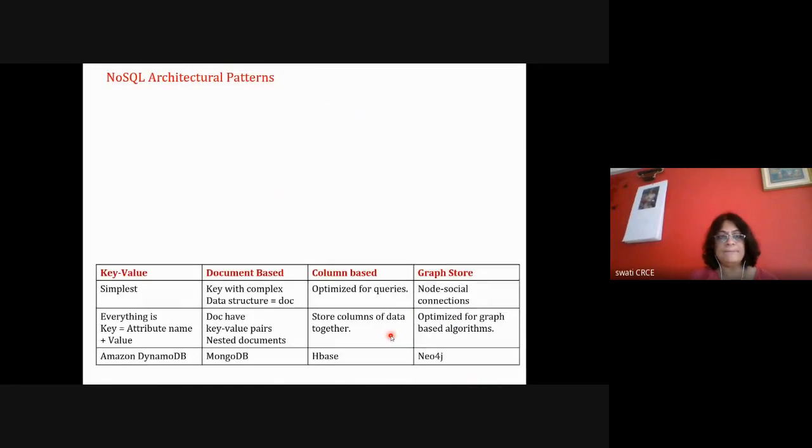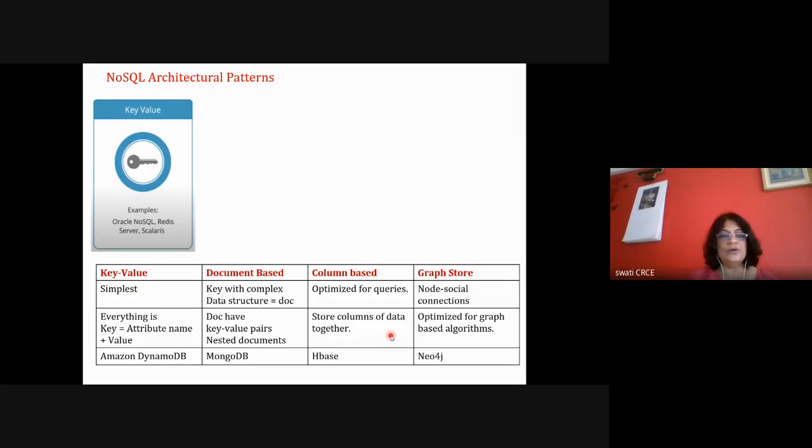So we'll go ahead. Now these are the types of NoSQL databases. Four main categories of NoSQL databases: key value data store, or it can be a document based data store, or it can be a column based, or it can be a graph store. And I have selected these case studies. You can select any case study or any database you are familiar with, and you can explain.